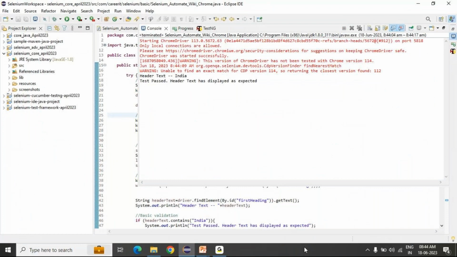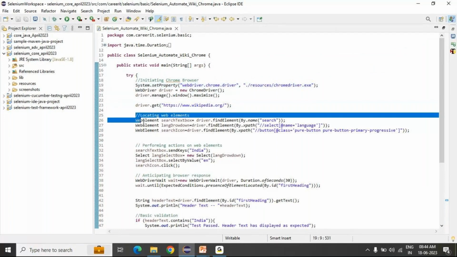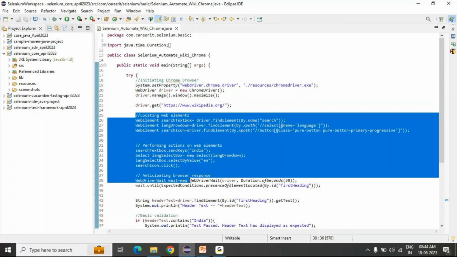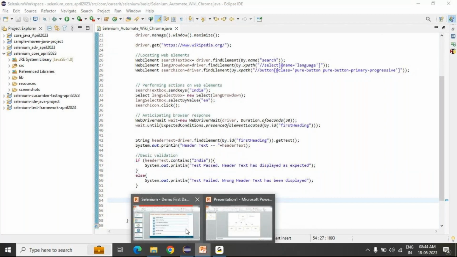That's how Selenium works, guys. Selenium can talk to the browser, launching the browser, performing the actions, validating something, and then finally concluding your test case or scenario. Got it? So that's how Selenium works.